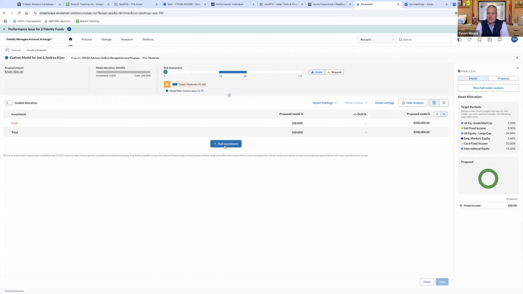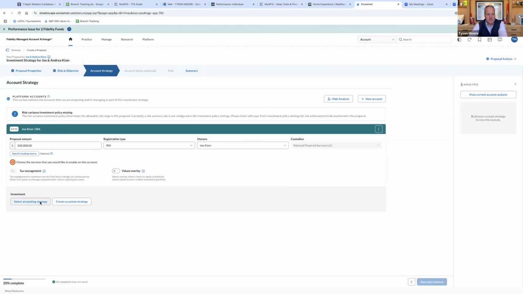So this would, for all intents and purposes, be like what you currently have at Goldman Sachs, meaning this client subscribed to this listing of strategies. If I ever wanted to reallocate this, I'd have to go into this particular account and reallocate this particular account. Everything I have assigned to my models, I can manage the models. And so where you're going to see me go with this is I want to have as many of my clients in models as I can so that I can manage my business over time. So I'm going to back out of this